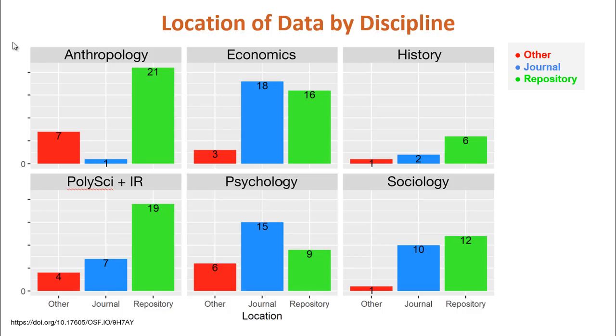And they found that a little more than half of the journals in their study had data policies. A greater share of the economic journals had data policies and mandated sharing, followed by political science, international relations, and psychology journals. Now, I only pulled up